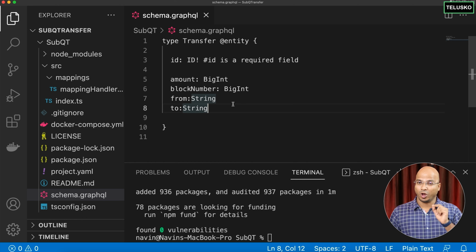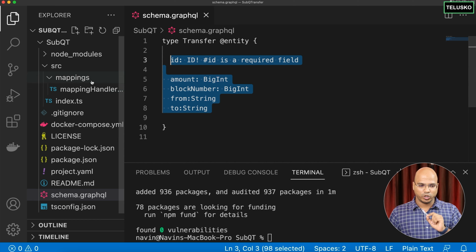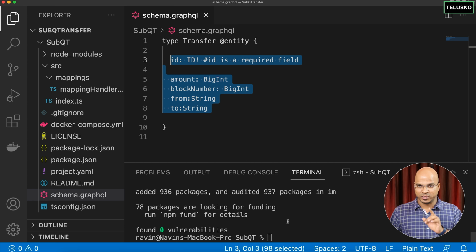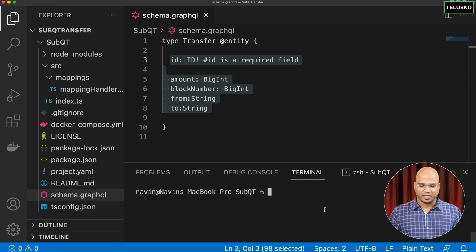But then based on this particular GraphQL, I want to create a mapping file. And of course, you don't have to type that mapping file. Your tools will give it to you. So let me just clear here. Now which tool am I talking about? You just have to say npm, and make sure that you have node and npm installed on your machine. Otherwise this will not work. And to know how we did that, you can just watch the setup video and you will get the idea.